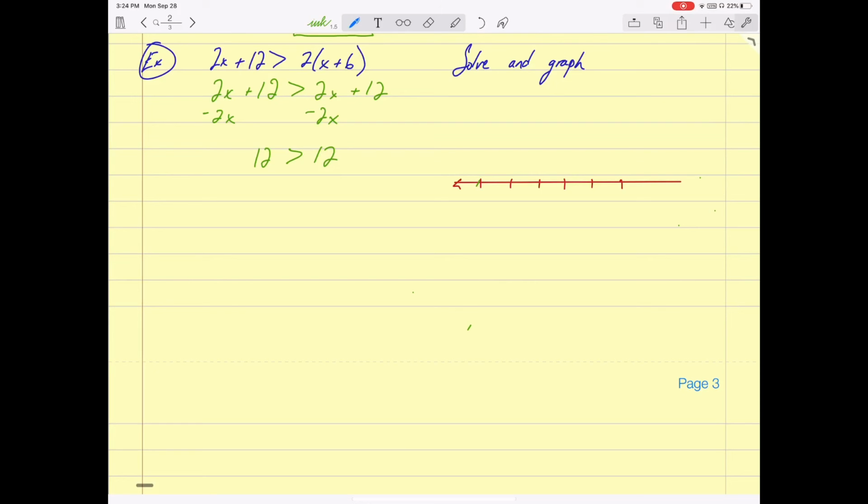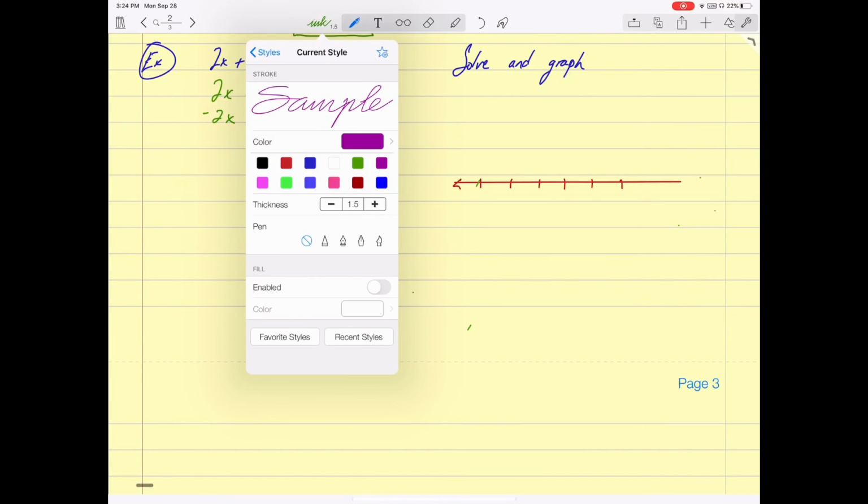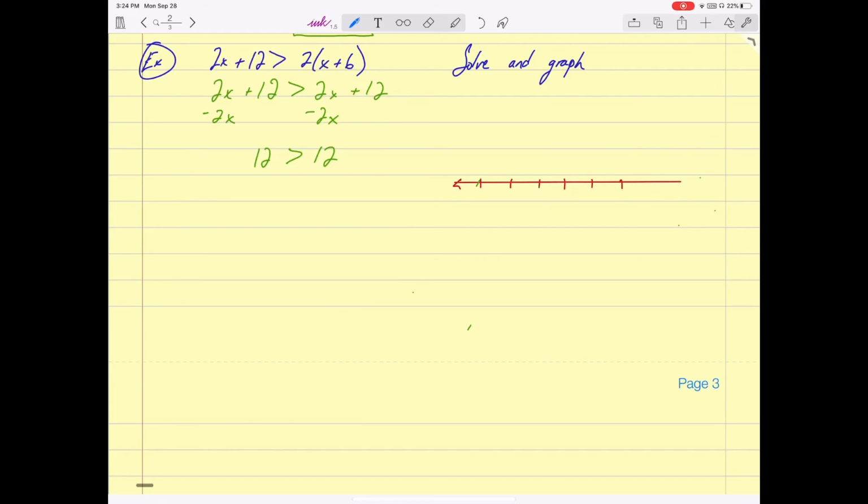And again, you're going to ask that question, true or false? Is that statement true or false? Well, 12 is not greater than 12. So this is a false statement. Okay, so if that's a false statement, then there is no graph to draw,